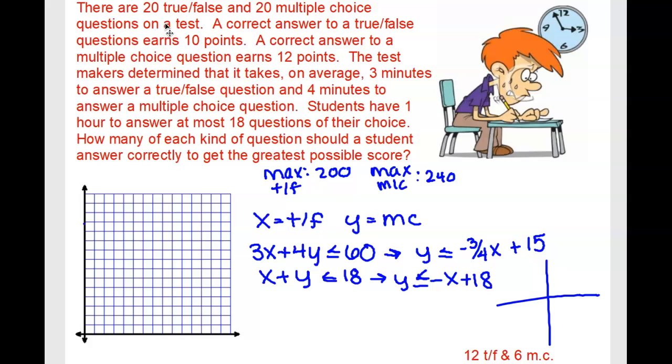Okay, there are 20 true, false, and 20 multiple choice questions on a test. A correct answer to a true, false question earns 10 points. A correct answer to a multiple choice question earns 12 points. The test makers determined that if it takes on average 3 minutes to answer true, false, and 4 minutes to answer a multiple choice,